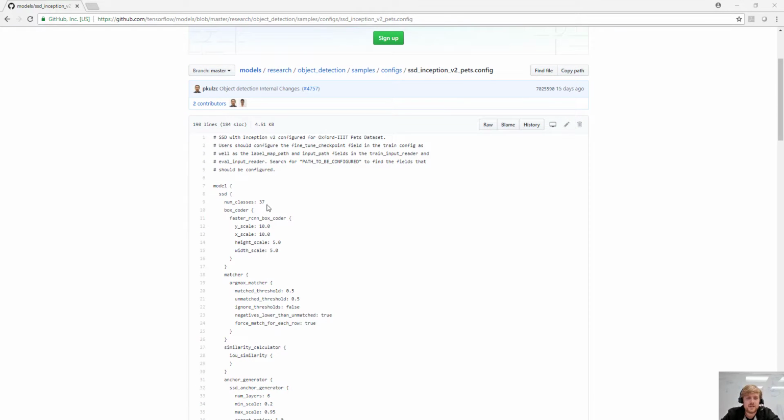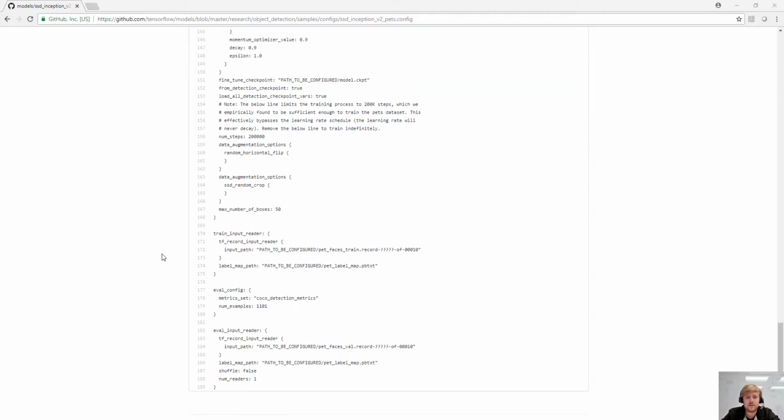If you were to train for a different task, you would need to at least change the number of classes to the number of classes that your dataset contains. You would also need to set the train input reader to have the path that corresponds to the records that you created for your dataset, along with the label map path set to the label map prototext that you have for your dataset. These are already set in this configuration file for the pets records that we created because they're associated with the conversion scripts shown before. So all we need to do in this case is change the path to be configured to the records directory